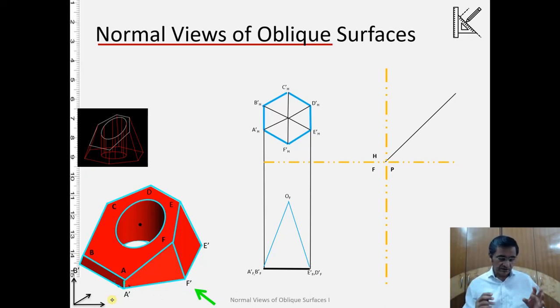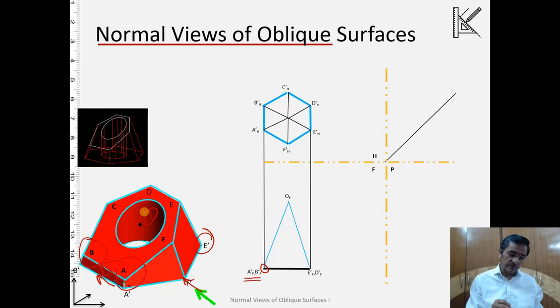And please understand this, A F and B F are represented by a point, because once you see in this direction, that means your viewing direction is this, and that is why A and B are coming to the same point. Similarly on the other side, the E dash and the D dash are somewhere here, so they are also coming onto a single point. So you should be clear about what your viewing direction is.